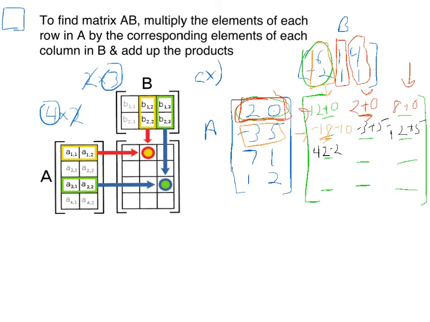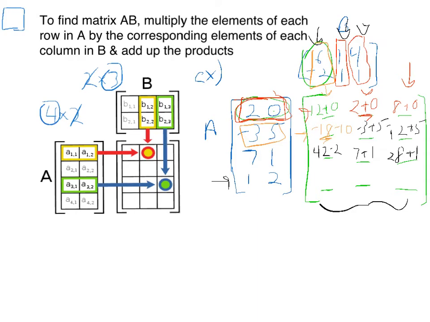And then we have 7 times 1 plus 1 times 1, and 7 times 4, and we're going to add to that 1 times 1, which is just 1. That's 28. Okay. And then here we go. We're doing this one, and then times it by that, and then times it by that to get the last